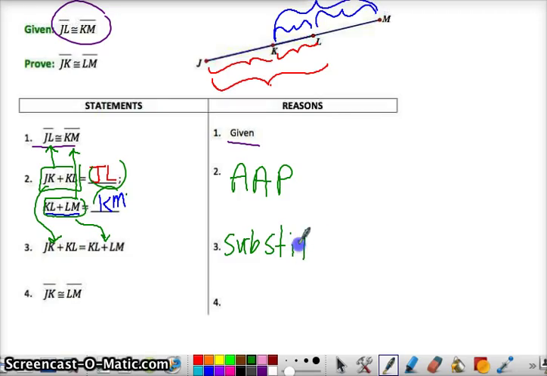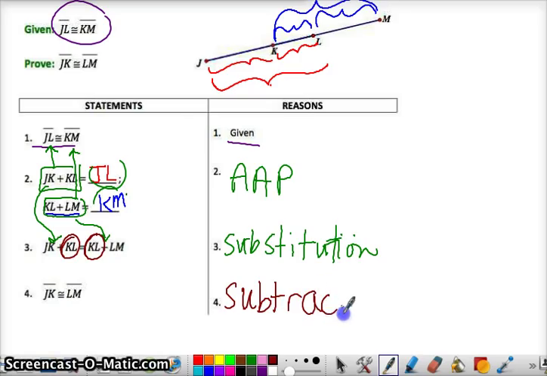And then finally, our last one, oh my gosh, my pen stinks. Why then can we say that JK is congruent to LM? Well, look here. Both sides have a KL. If they both have the same thing, what can we do to both sides? We subtract KL from both sides. This is the subtraction property. And that's it. Sorry, continue on the next